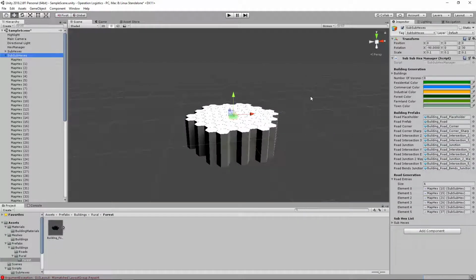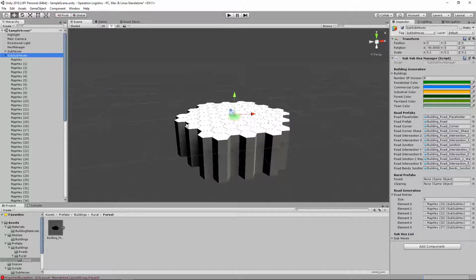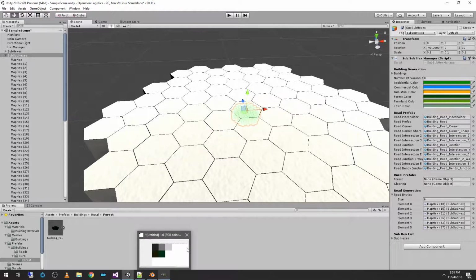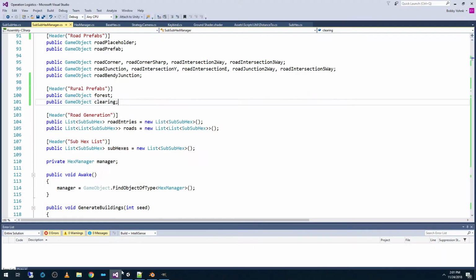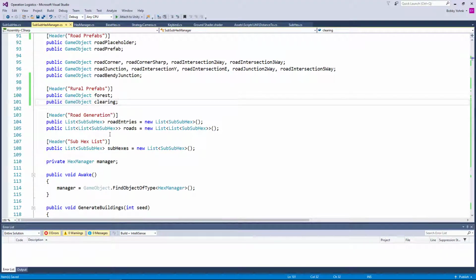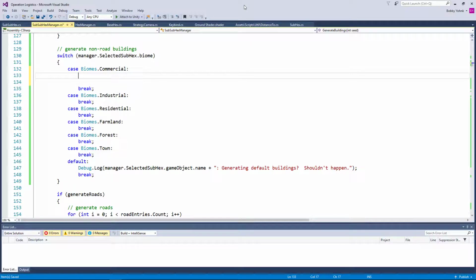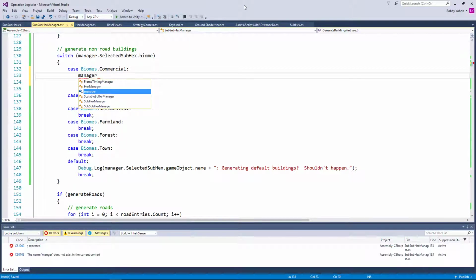Now, the clearing is actually not going to have a mesh. It's probably just going to end up coloring the sub-hex, because we don't do that at all right now. Realistically, the sub-hex, we probably want to color based on the biome automatically, and then we can override it with the buildings if we want the building to have a different color. So let's go ahead and say, if we are commercial, manager dot selected subhex